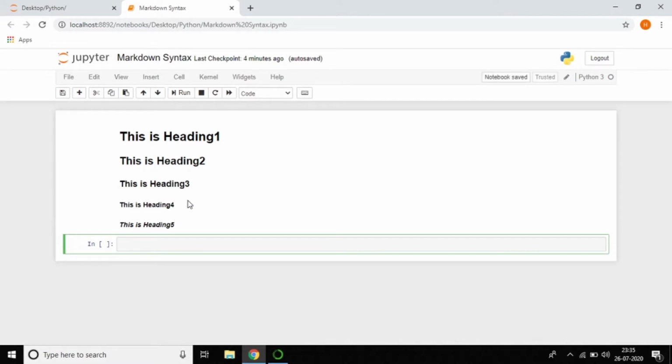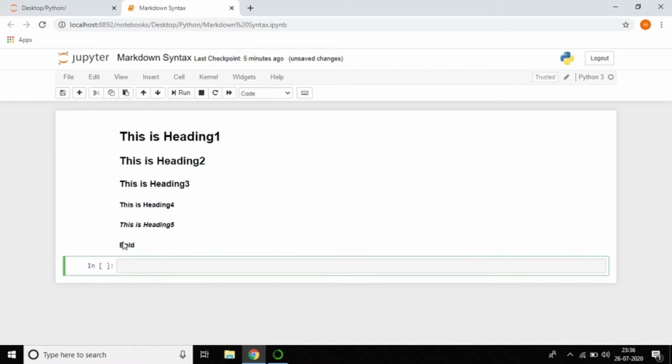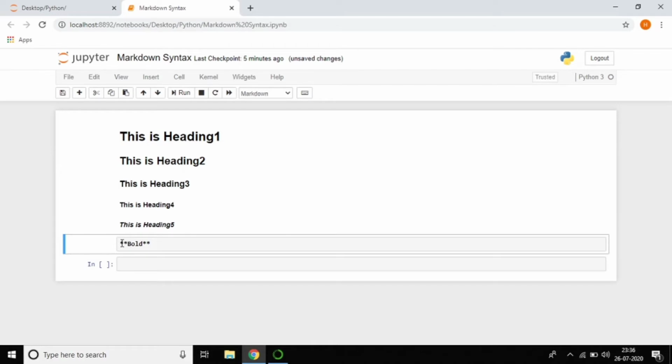If you want to write any documentation, it is very clear, so at that time it's very useful. That's why everyone uses Markdown for documentation or anything. If my text should be bold, just use two asterisks and make it bold. Do you observe that? And close with the two asterisk symbols. It's bold text. Did you observe the size of this? It's a bold text.